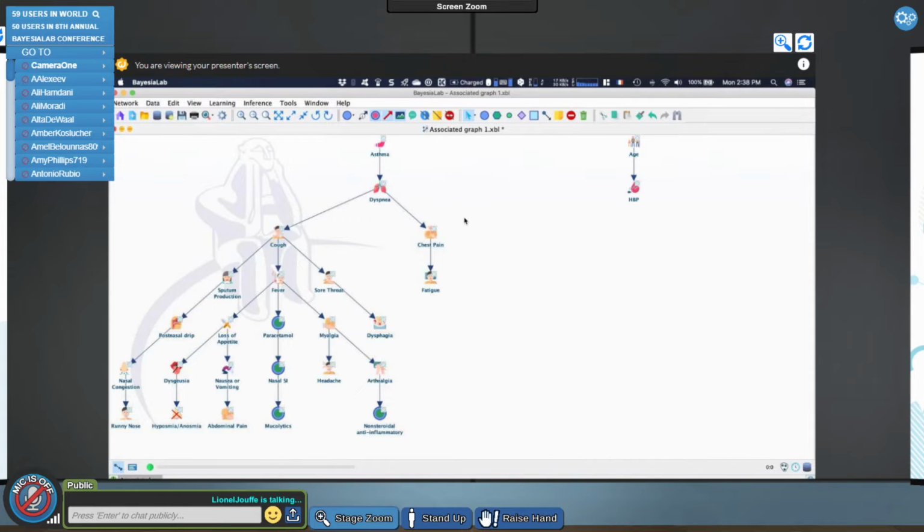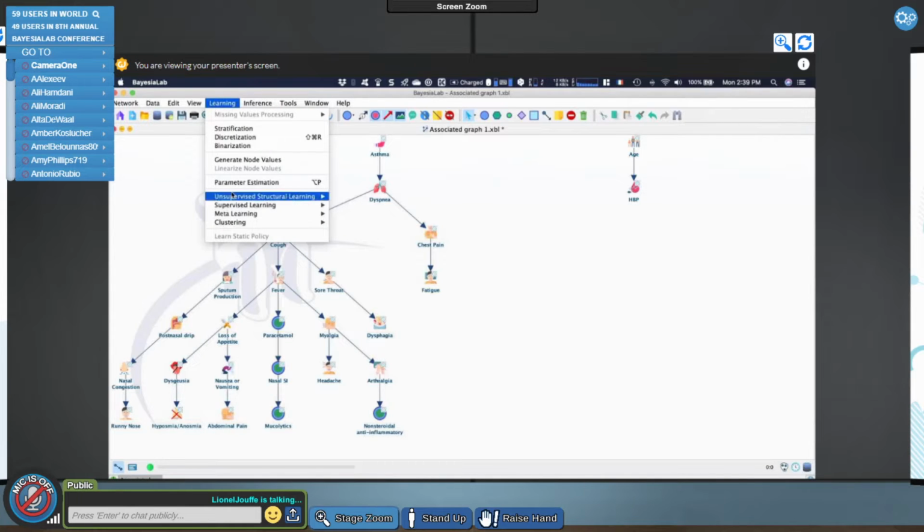So now what I did, I was just learning a network that is a tree, right? So with at most 1 parent per node. Now I really want to learn all the dependencies between these symptoms and comorbidities and so on. So I'm going to use another machine learning algorithm. I have all these algorithms I can use.